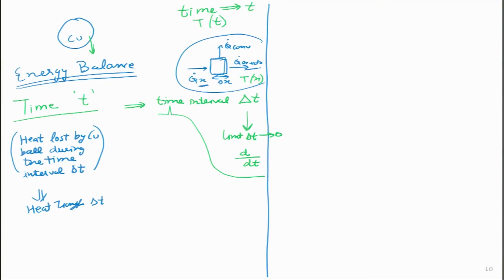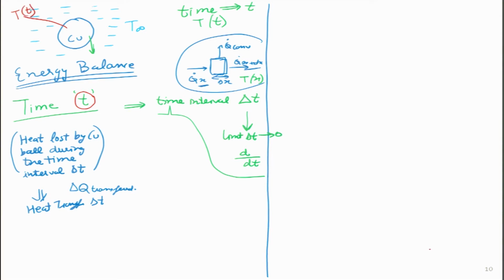If it was rate, then we would be using q dot, but here we are actually using delta q, that is how much energy is actually transferred. So, if I ask this question to the students, for a hint I will draw the fluid around it. Let me draw the light blue color fluid over here. This fluid is having one single temperature, that is T infinity. The temperature of the copper ball at time t, we do not know, but mathematically we can define it as temperature at time t.